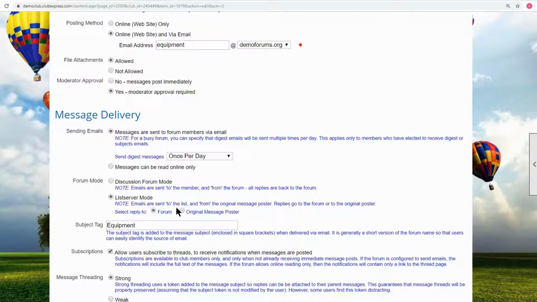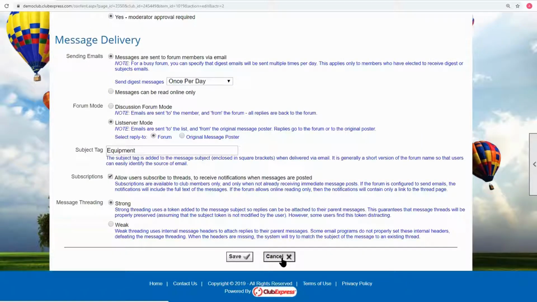Reply to is either to the forum or to message poster, because you can send private messages. You can send individual messages. When you want to reply to somebody in a forum, you can either say, I want to reply on the forum, or I want to reply by email to that particular person that made the post. So even within emails, there are options. So yeah, take a look at the administration tutorial and the user tutorial, which will give you a little more information about how to set those things up.